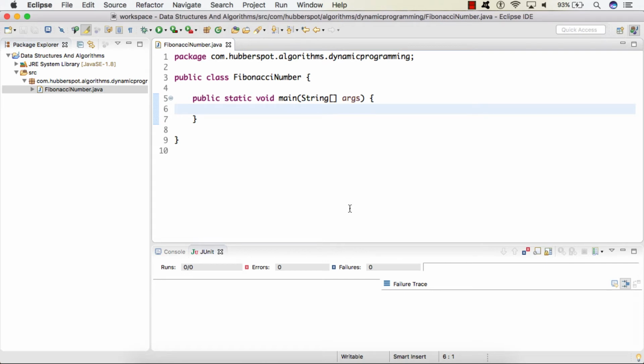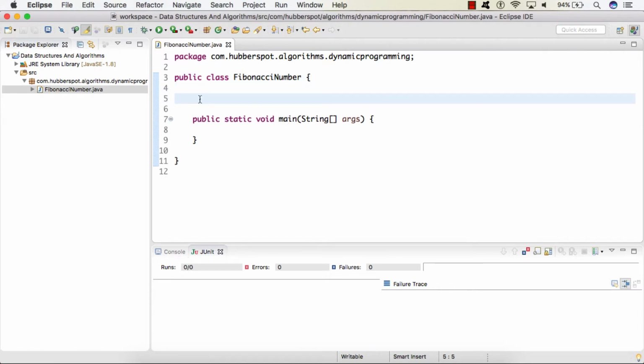Hello everyone. So friends, in this lecture we'll see how we can code a program to find the nth Fibonacci number using dynamic programming. And in this lecture we'll use the bottom-up approach. So friends, in our previous lecture we saw the algorithm of how to find the nth Fibonacci number using the bottom-up approach. We saw its animation, and here in Eclipse we'll actually code the algorithm, and using this main method we'll see it working.